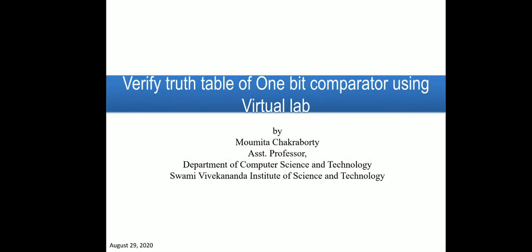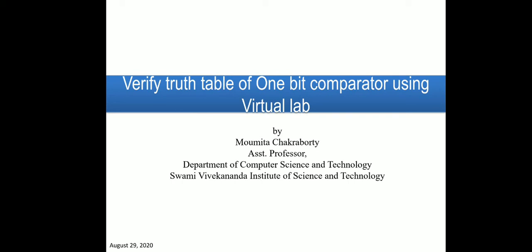Hello everybody. Today we are going to discuss how to verify the truth table of a 1-bit comparator of the digital electronics lab using the virtual lab. Because in this pandemic situation we can't go to our college, students are not able to do the lab.